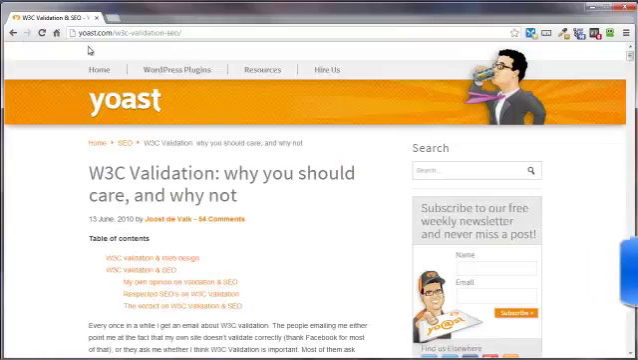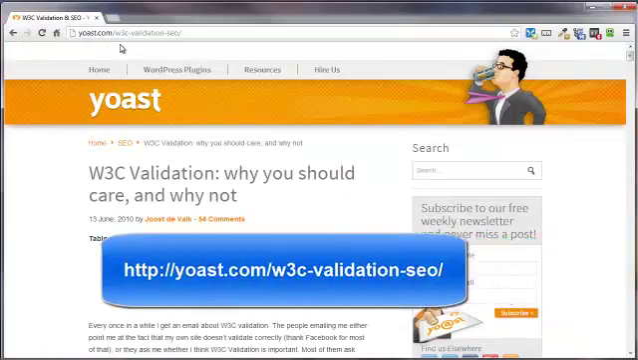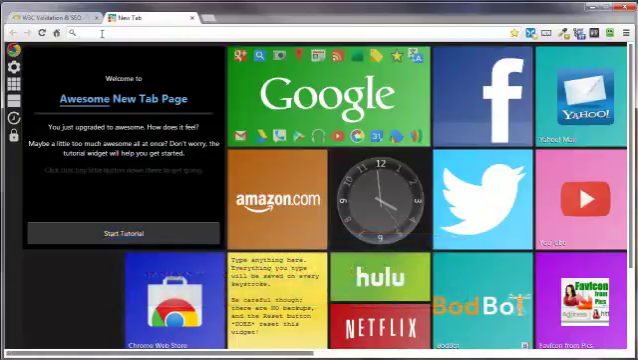Now, when you have some time, here's a good read you might want to check into regarding validation and things like SEO. It's at yoast.com/w3c-validation-SEO. And the site we want to go to for our validation is